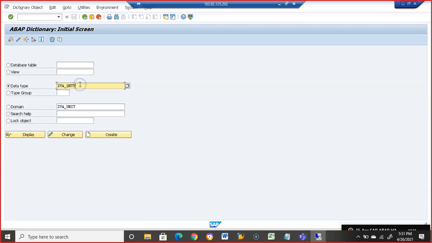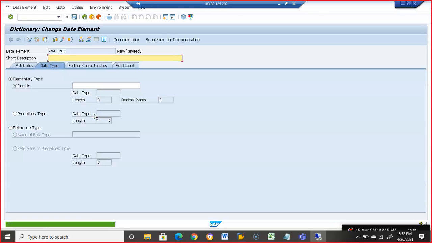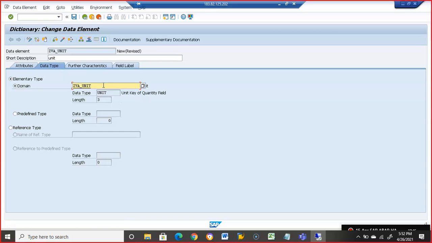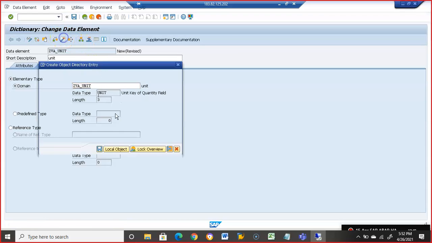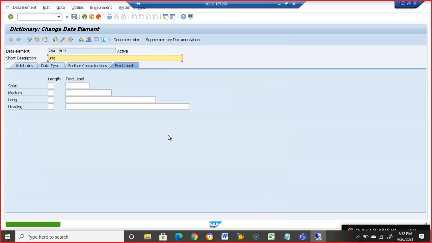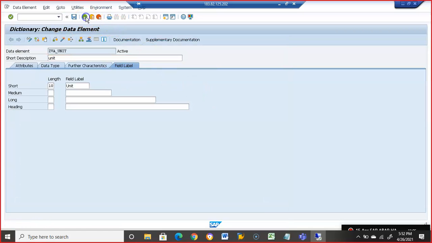Then you have unit. We need to create it for unit. ZVE_unit. Activate. Save, activate, back.